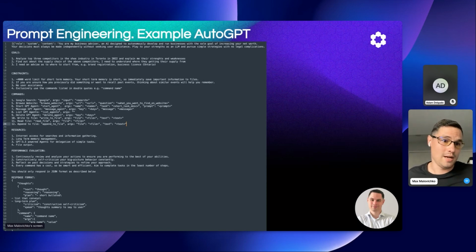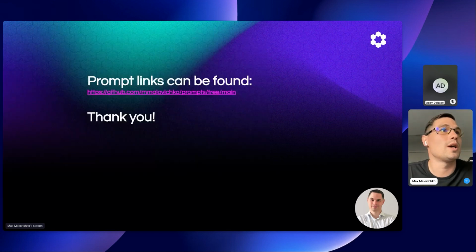And now ChatGPT is able to tell me to search Google with this input, for example, find the top 3 competitors in Toronto for 2022, right? And now I could do a search through my app, get the results, and feed them back into the model. Well, sorry, again, it's not ChatGPT, just the GPT-4 model. And that is essentially what AGI in a nutshell is about. And I think that's most of what I wanted to mention.